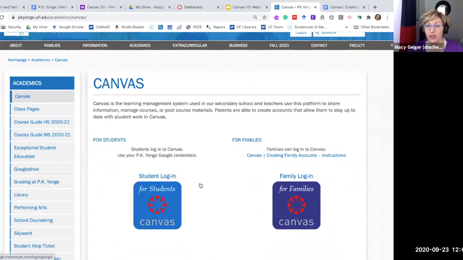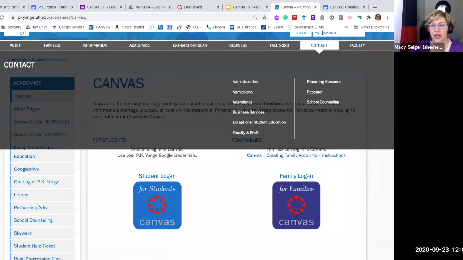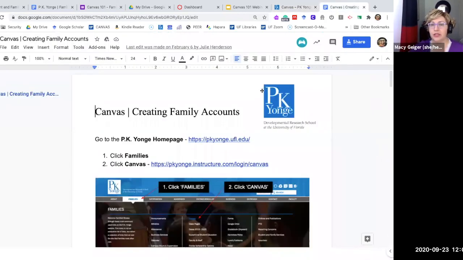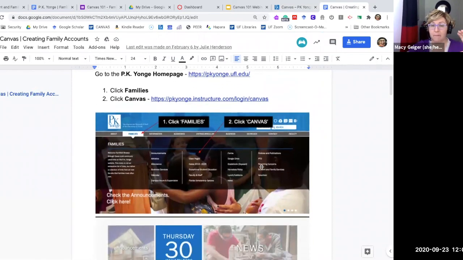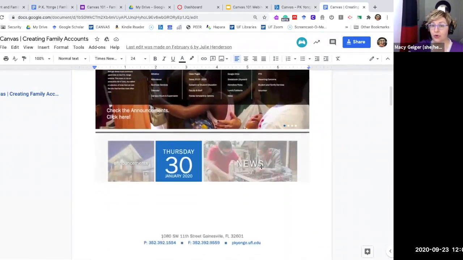What you want though is the family login, okay? Now, there are step-by-step instructions in a Google Doc that's right here, this link that's right above the family login. I went ahead and preloaded it just in case we had internet issues. So this is the link, and it literally takes you through with screenshots, step-by-step, on how to create your parent